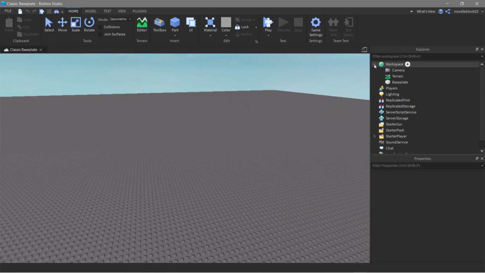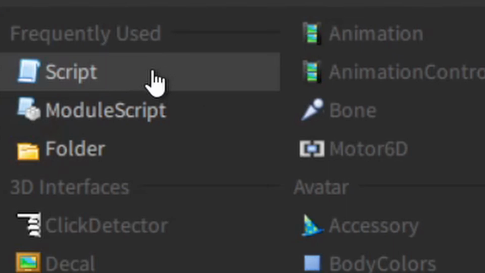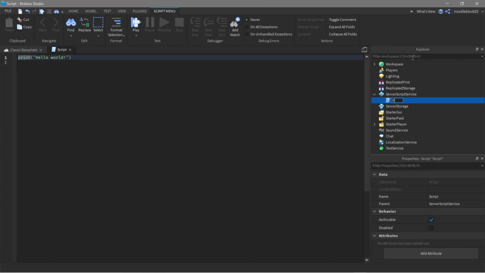So let's go ahead. How you're going to do this is you are going to insert a script into the script service, and this will be called the reset command. Okay. Now what you're going to do is you're going to say